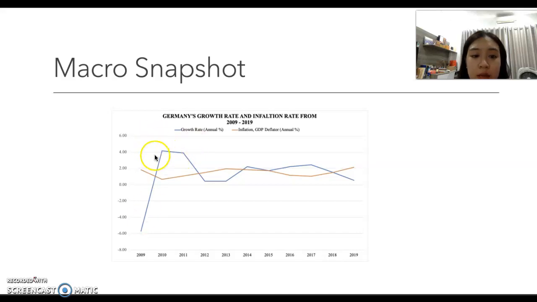Like in 2012, the German economy expanded rapidly. And compared to the GDP growth rate, German inflation is much more stable, as it's always below 2.5%. In particular, the inflation rate of 2010 was below 1% during the given period, meaning that the economy was growing that year due to a high GDP growth rate, which is around 4%, and an inflation rate lower than 1%.